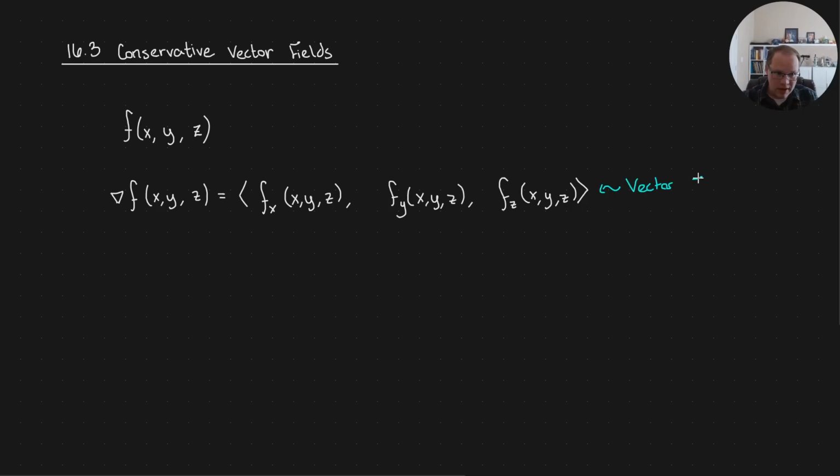This is a vector field, because for every point x, y, z, we have a vector associated with that point. So the gradient of a scalar function is a special kind of vector field. And as it turns out, it has some really nice properties. Okay, so let's consider taking,